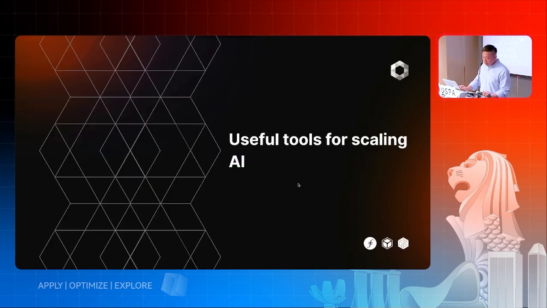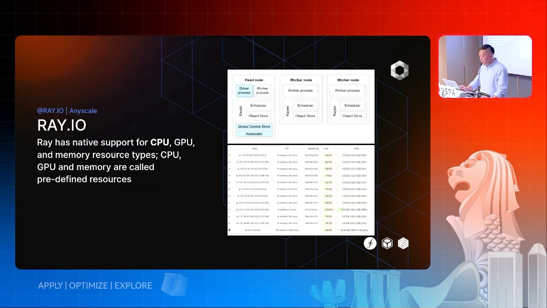I'm coming to the last part of my AI portion. There are certain traditional Web 2 tools that you can use right now for scaling AI. We can see some of our ecosystem building on top of these as well. The first one I'm going to introduce is Ray.io. This is one of the platforms that has been used to train ChatGPT. OpenAI uses it behind the scenes, and the managed version of this is Anyscale.